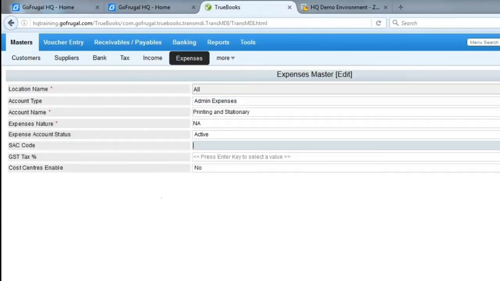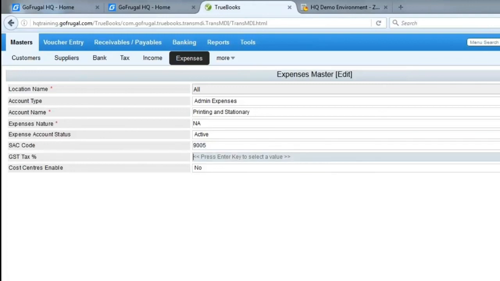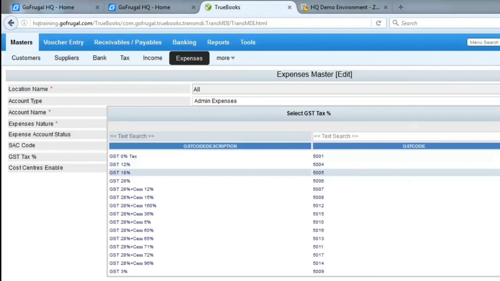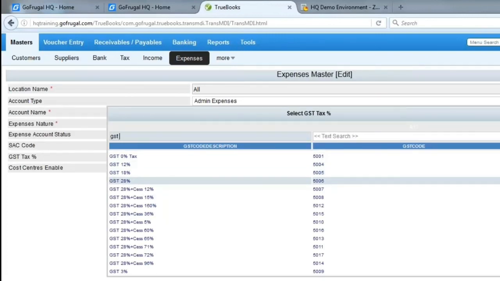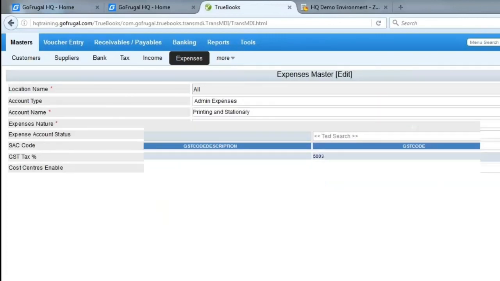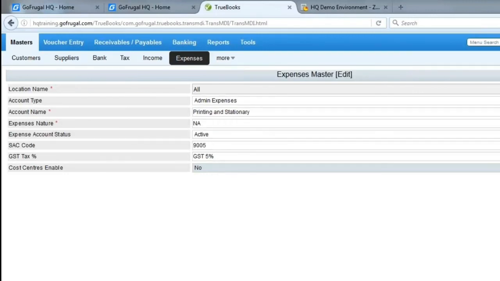In printing and stationery, I can put the SAC code. For the product in trading, they call it HSN code. In the same way, in accounts, they call it SAC code. Here you can select the GST percent, 5% means you can select GST 5%, and you can save this.